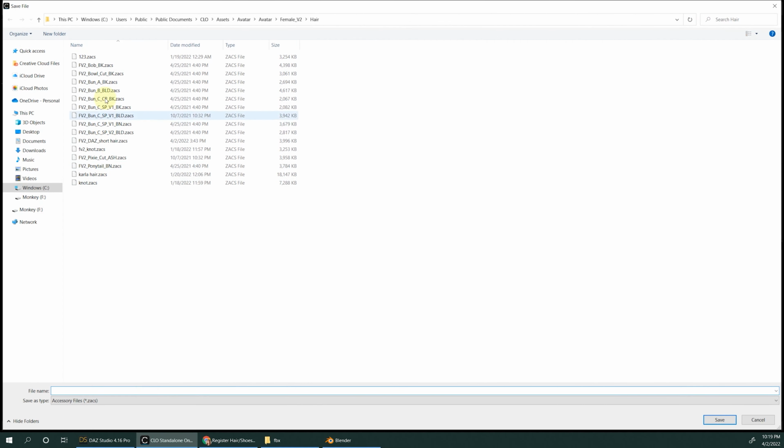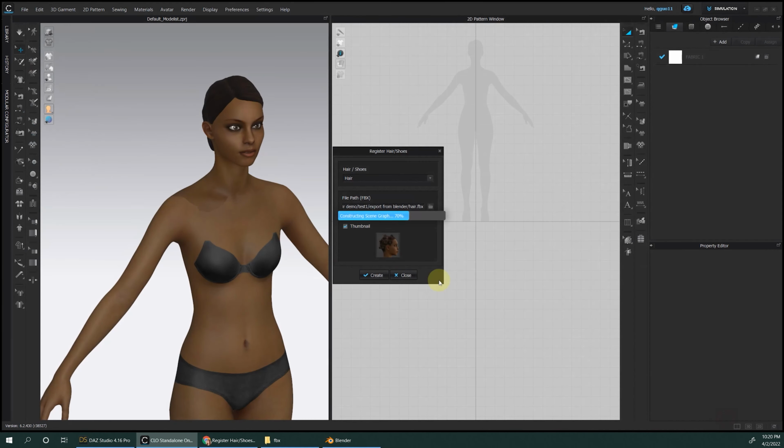You can create a name, and when you do the name, you have to keep V2 because you will know that is for exactly this type of avatar you chose. And save.